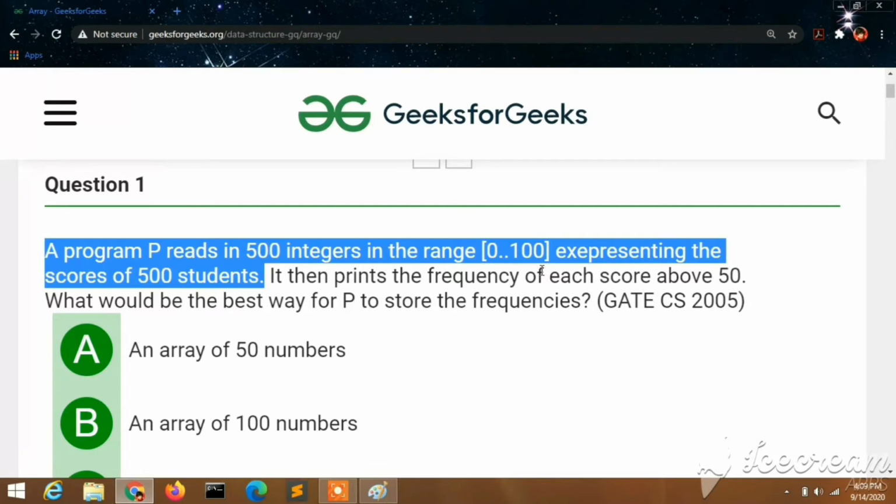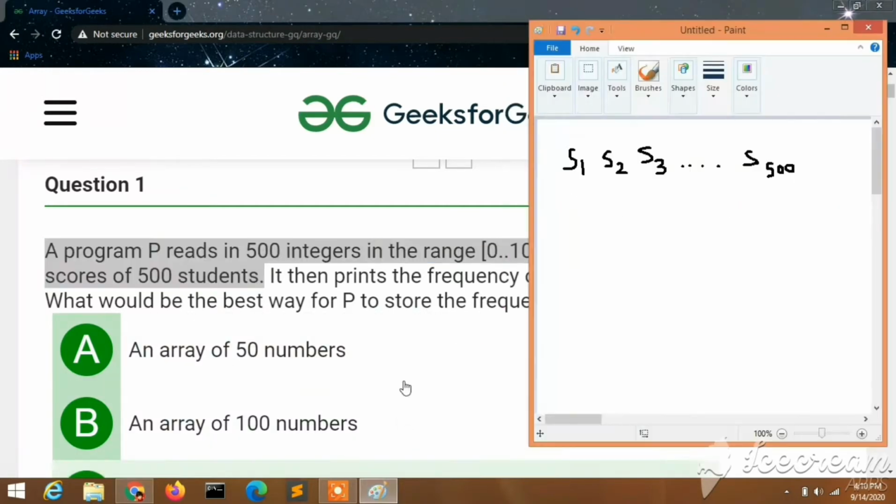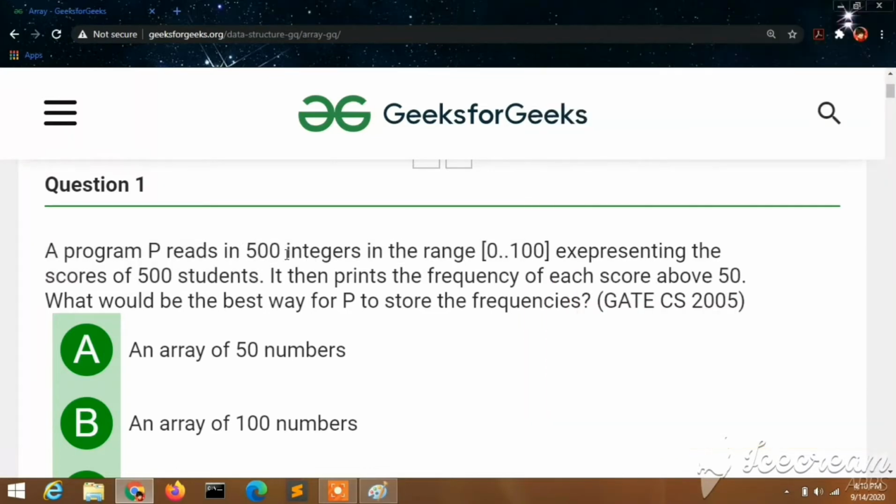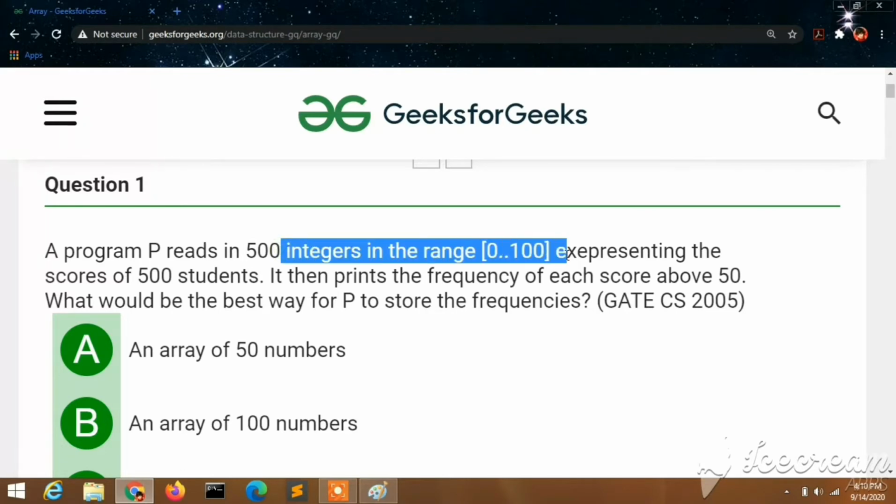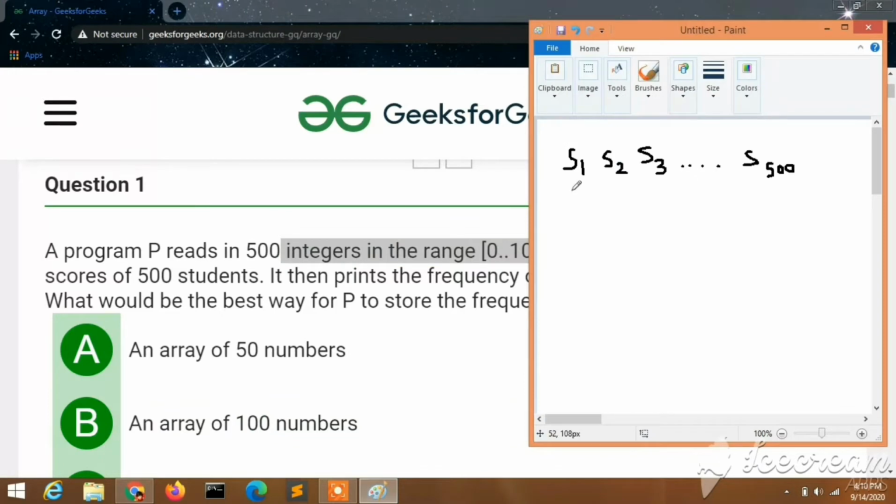Let me show you in the paint. So there are 500 students S1, S2, S3 up to S500. These are nothing but 500 integers given in the question. They have also mentioned that integers are in the range 0 to 100. What does that mean? It means each value is an integer ranging from 0 to 100.